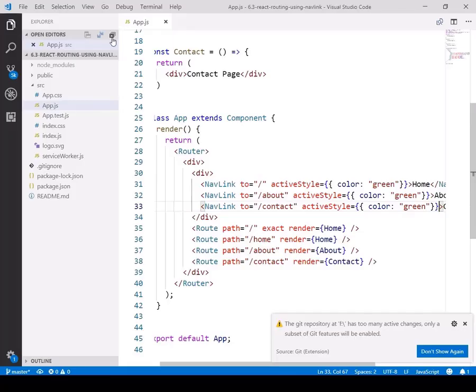But when we need to navigate and we need to change the styling information of the rendered element, we talk about the nav link, which is also a subclass of link. Further, we will talk about how to pass the parameters in React Router in the continuation series. Until next time, stay tuned.